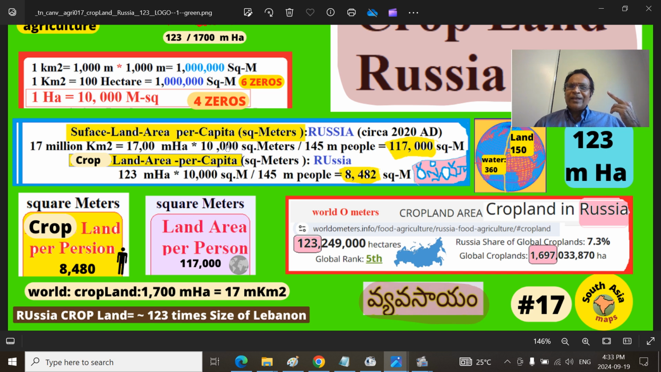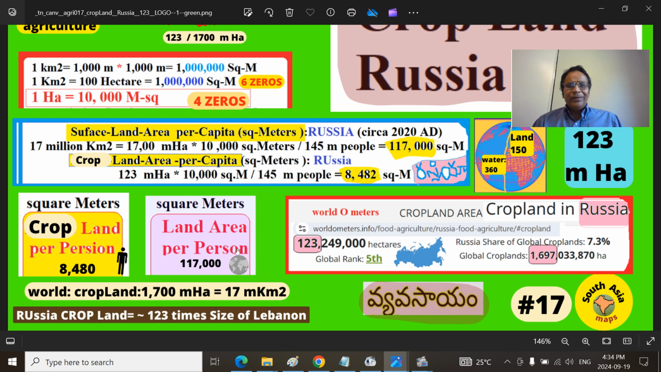That means 1700 add 4 zeros, divided by around 145 million people in Russia in 2020. If you divide that, you will get 117,000 square meters. That much surface area in square meters a person gets